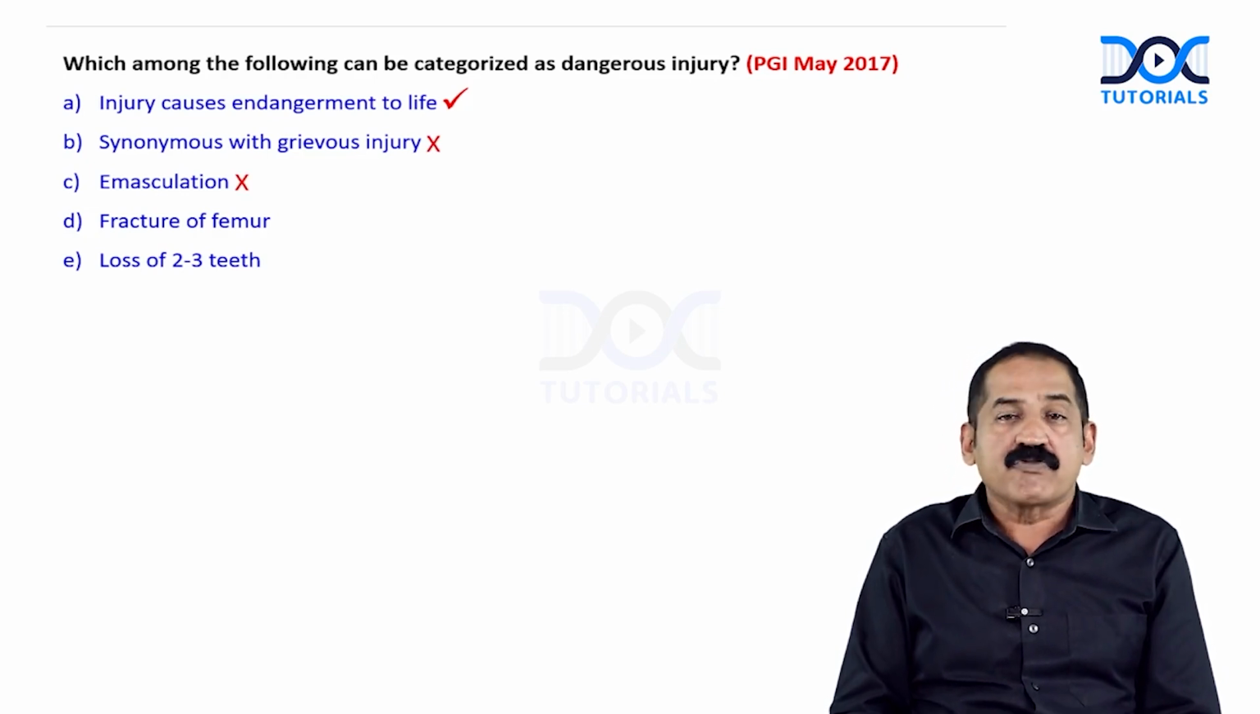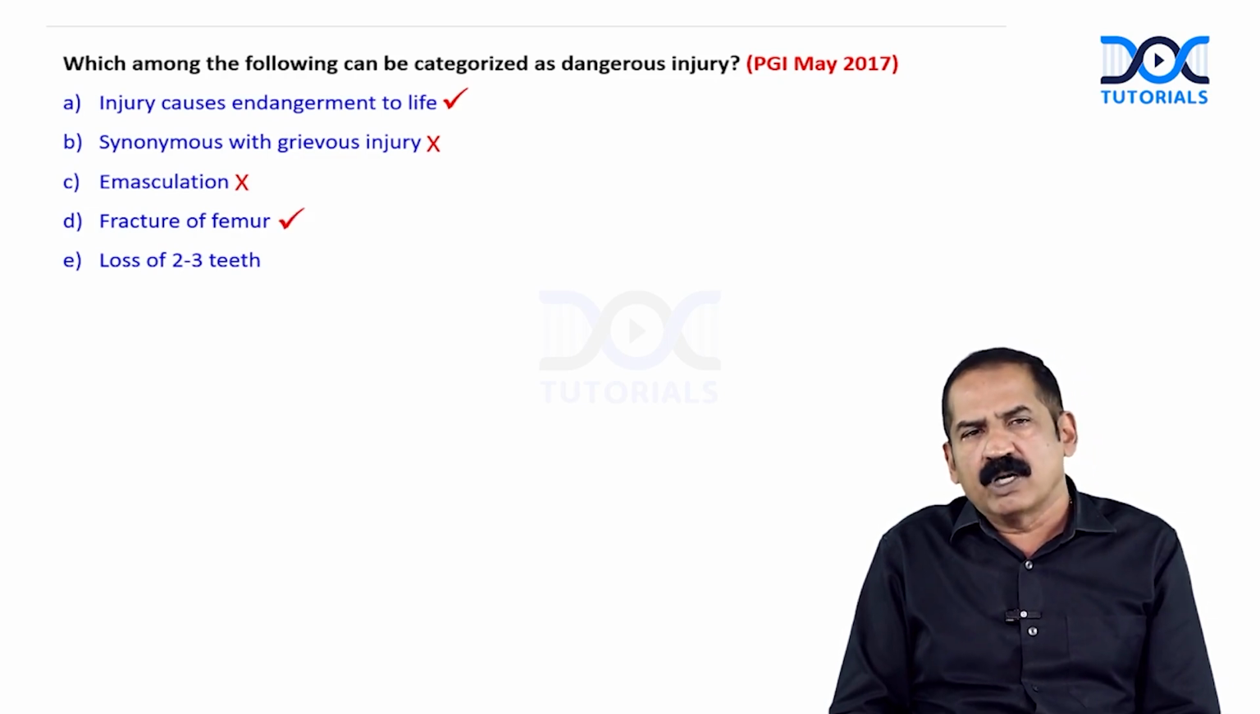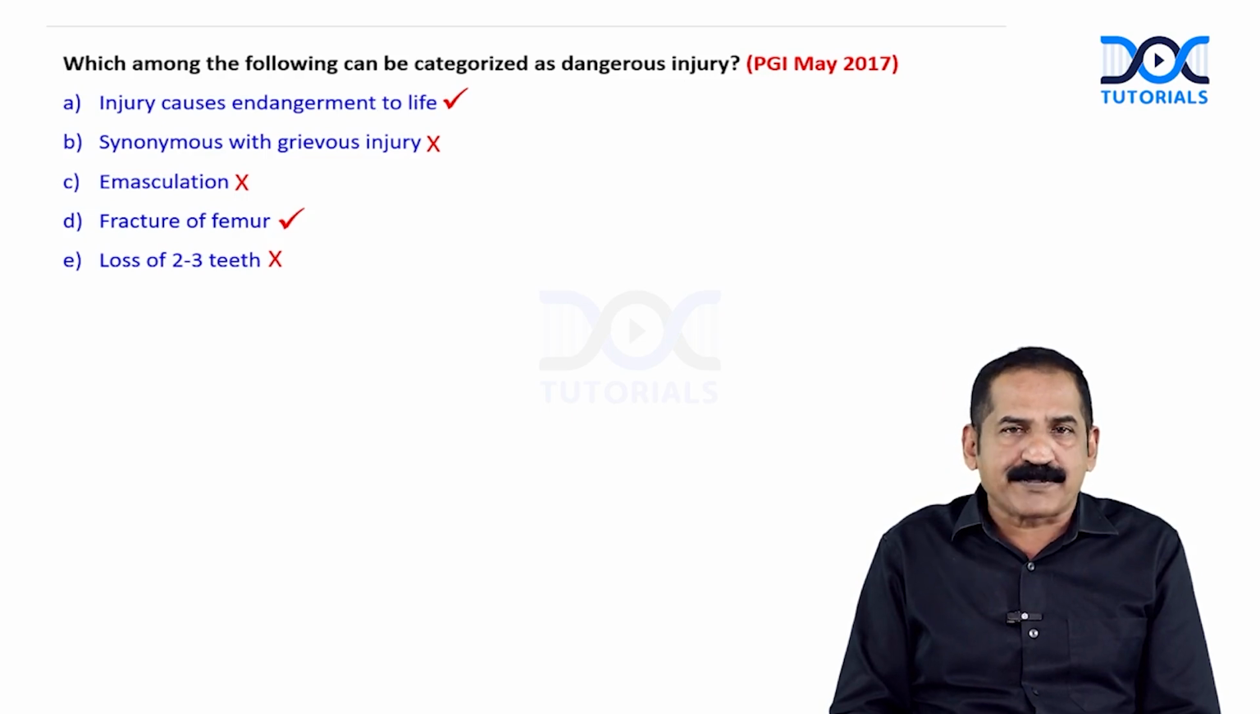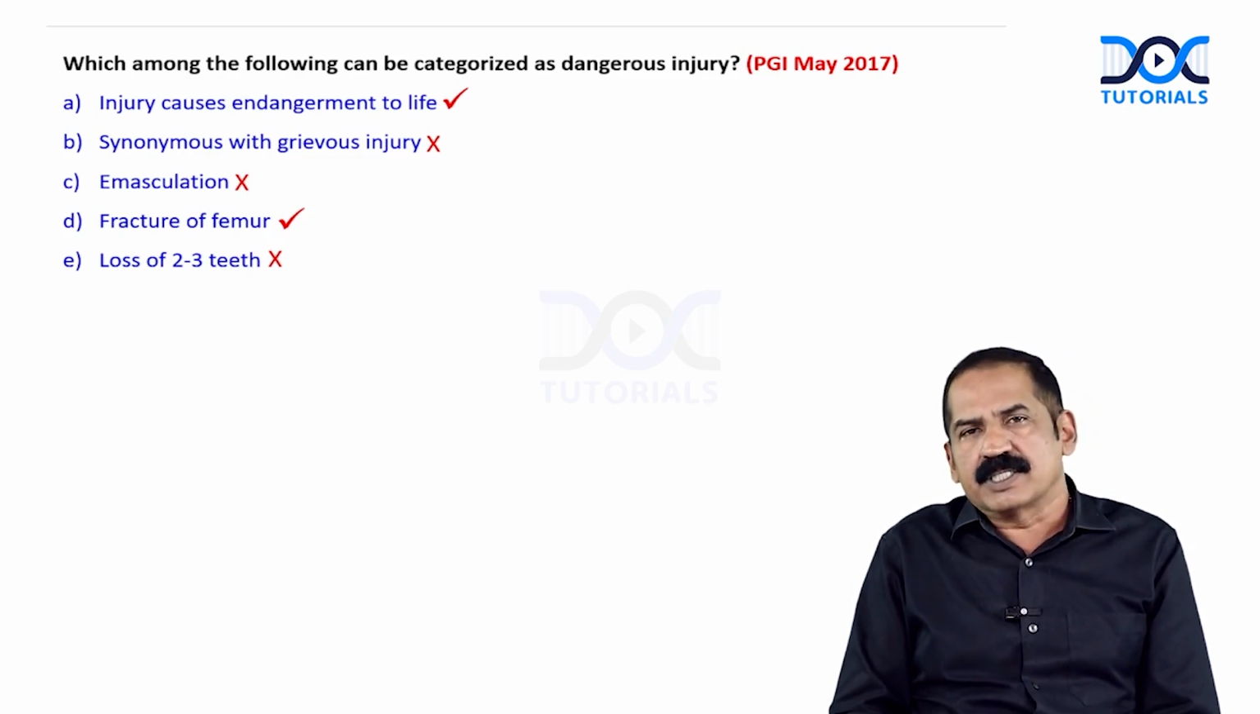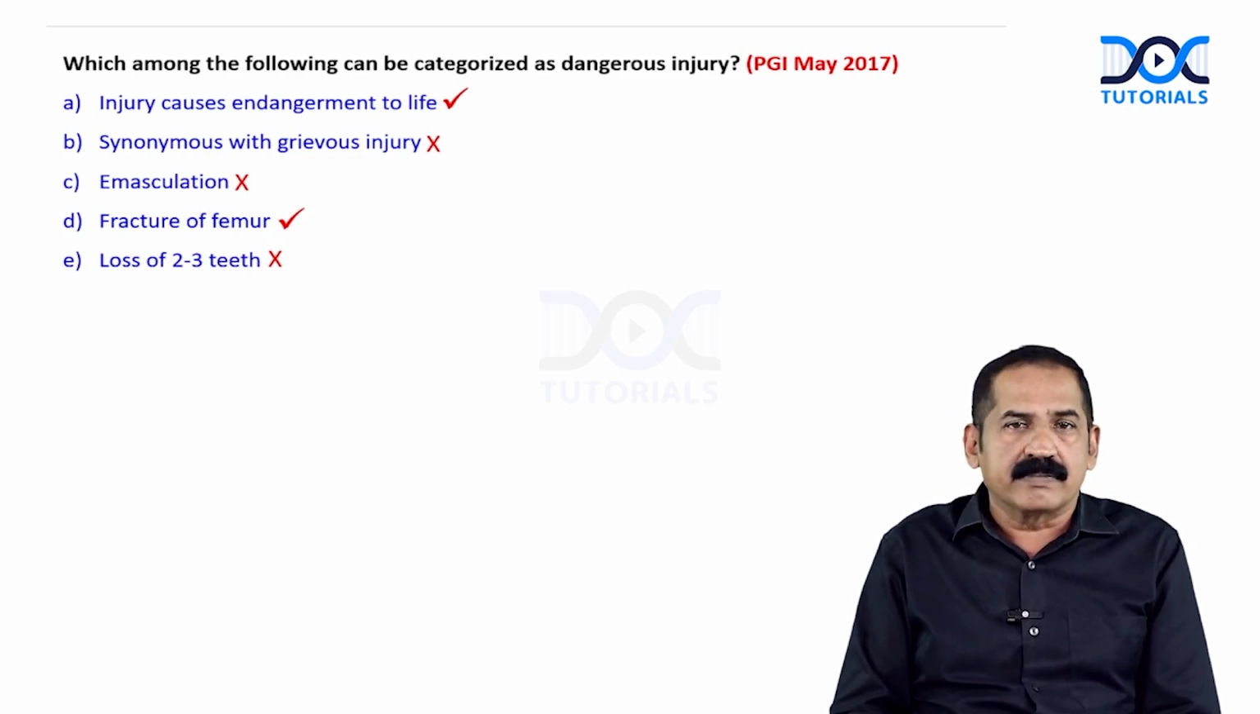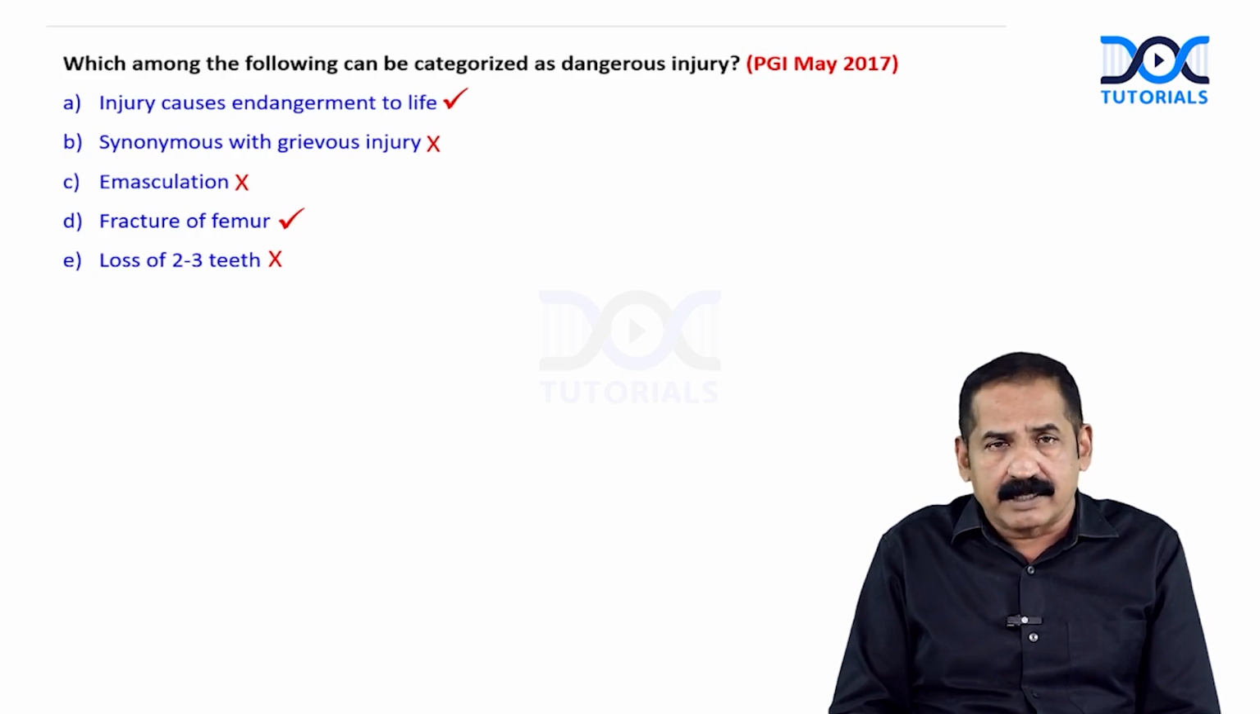Emasculation? No. Fracture of femur. There are chances of hemorrhagic shock or fat embolism. Loss of 2-3 teeth? No. I hope you have become expert in knowing dangerous injury, dangerous weapon, homicide, murder, all these things, hurt, grievous hurt,